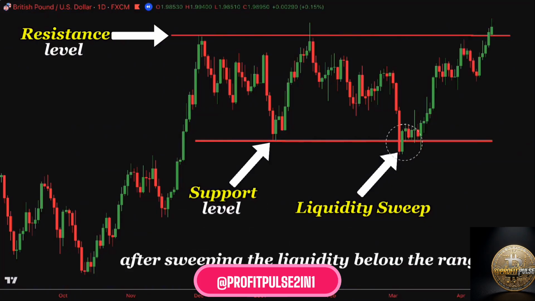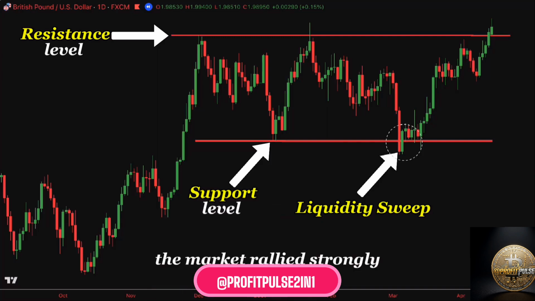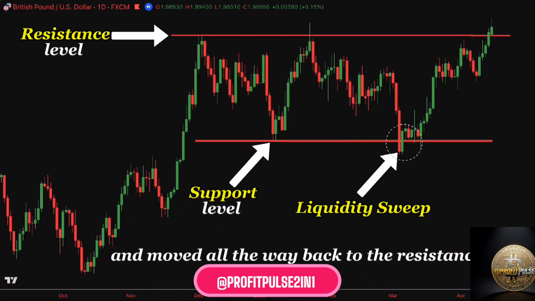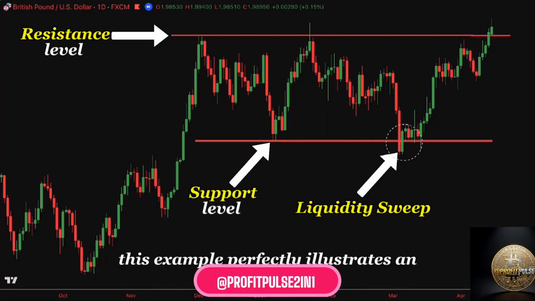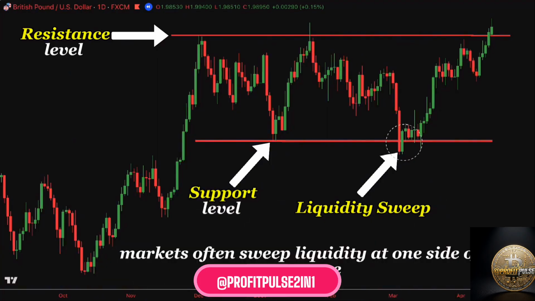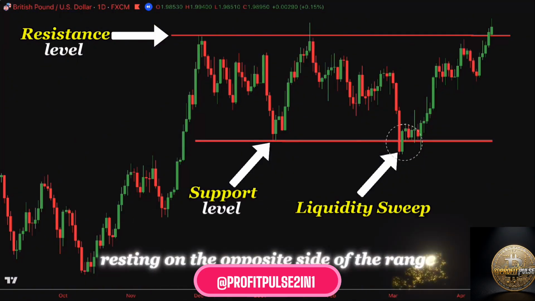After sweeping the liquidity below the range, the market rallied strongly and moved all the way back to the resistance level. This example perfectly illustrates an important principle of liquidity. Markets often sweep liquidity at one side of the range before moving toward the liquidity resting on the opposite side